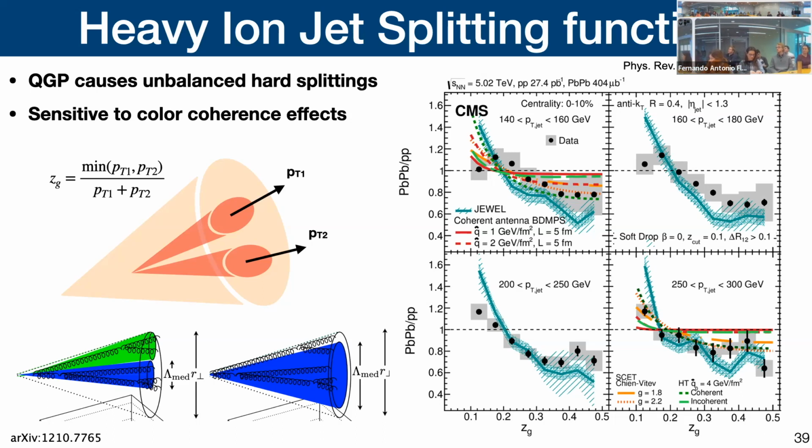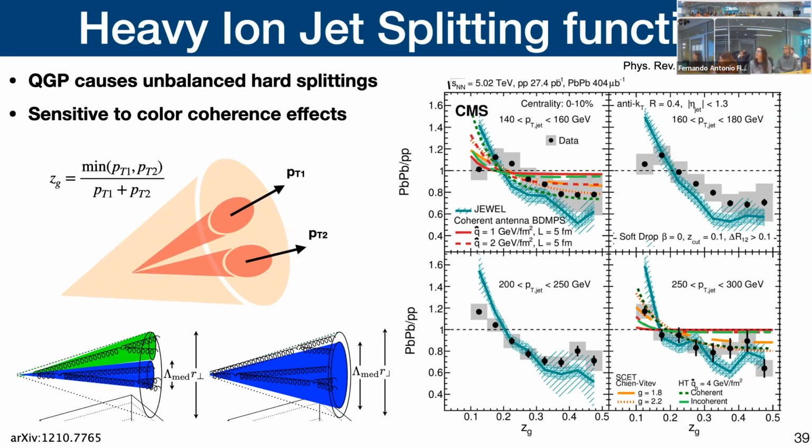If it were sensitive to color coherence effects, one thing I'm confused by is why you would see an increase in the shape difference at higher PTs. I would have thought that as you move to lower PTs, if it is sensitive to color coherence effects, you would see an increase in this effect, which is mainly due to changing quark and gluon fractions. So you're more likely to have jets with wider prongs in them. Maybe I'm not thinking about that in the right way.